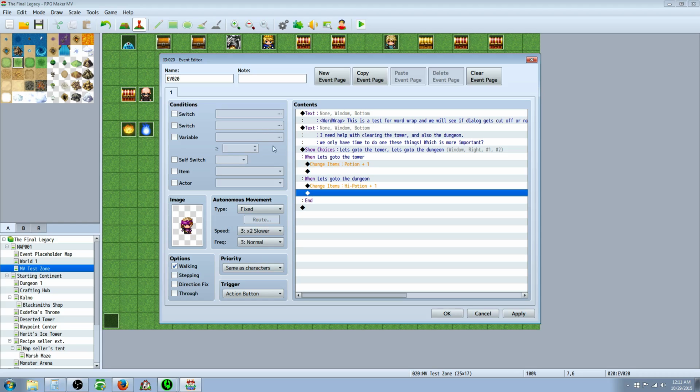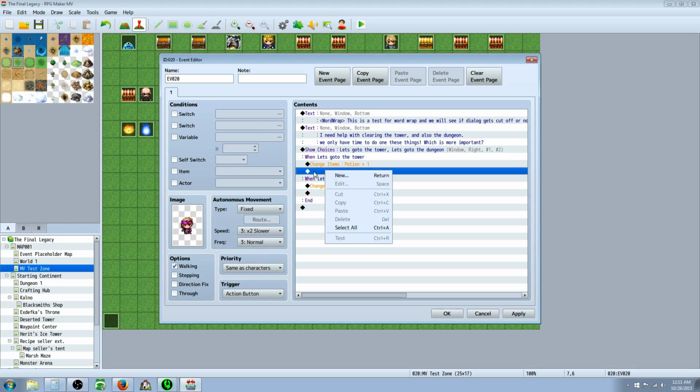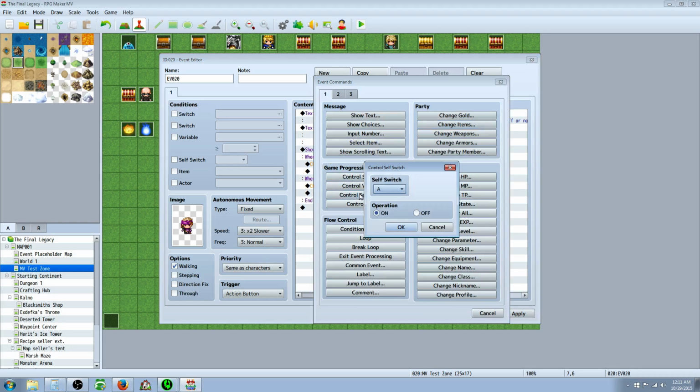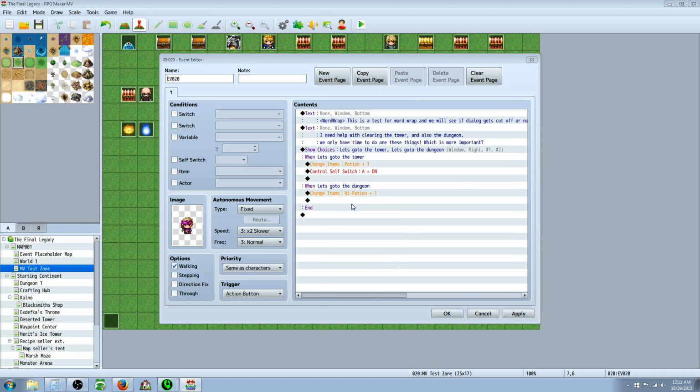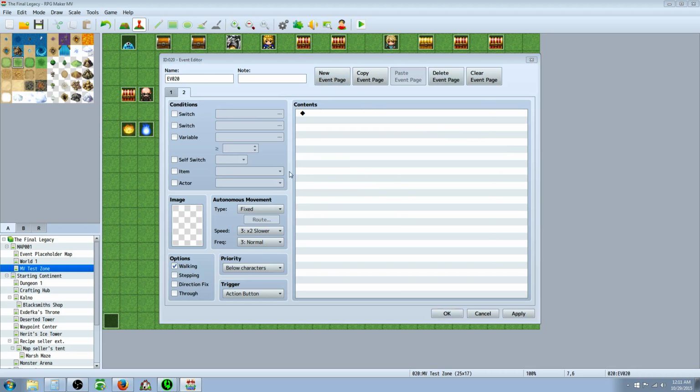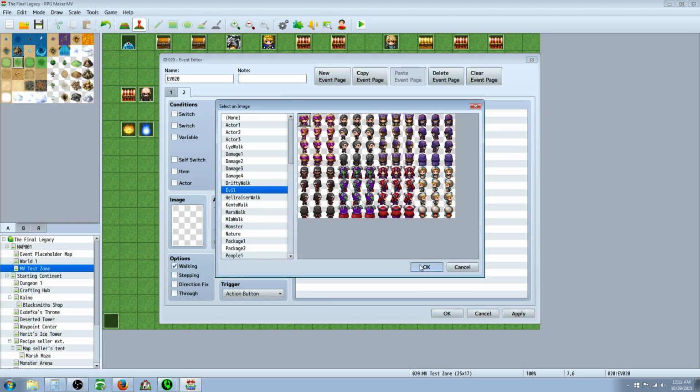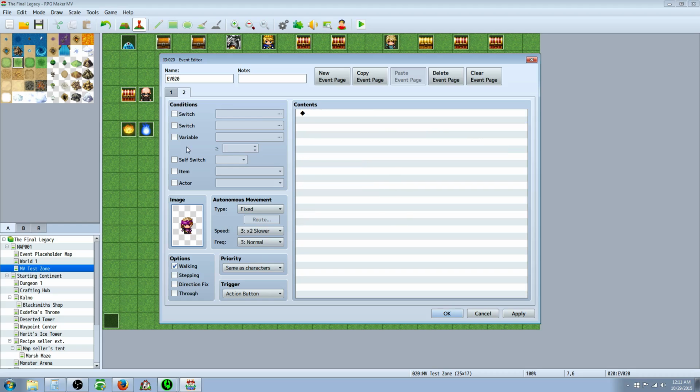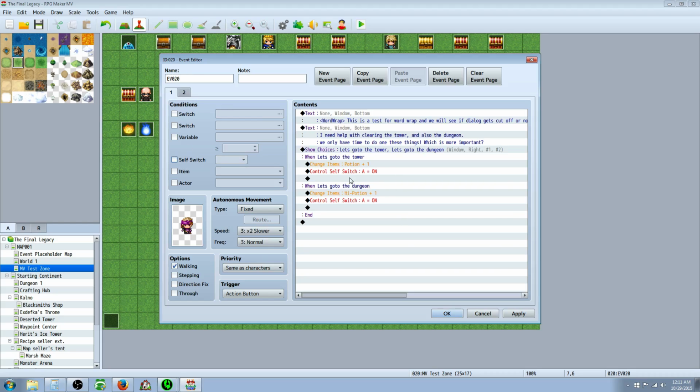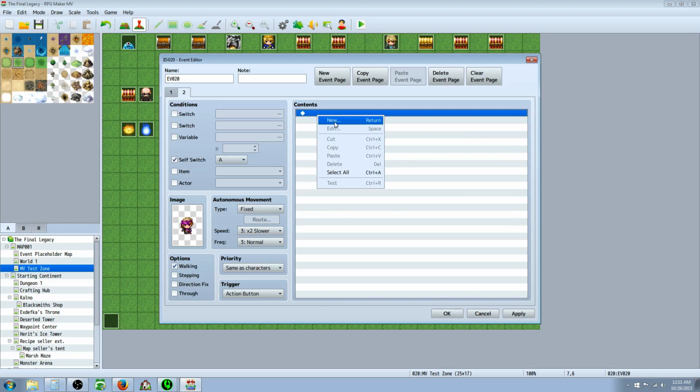But in order for the player to not just talk to him twice and get both keys, we're going to create a self switch. At the end of each option, we're going to insert new, control a self switch, and say A. On this one, we'll do the same, because it doesn't matter which one they picked. They're going to go to the next page. So we're going to go to new event page, and now we're going to pick the same graphic, unless you want them to just transform. Then we're going to select self switch A on. So once he's selected either of these options, he's no longer going to have the option to select the other one. He's going to go right over here and say,